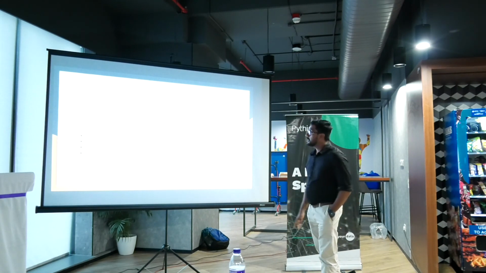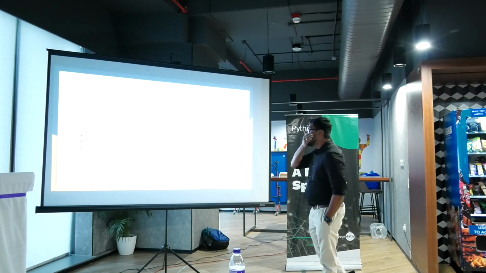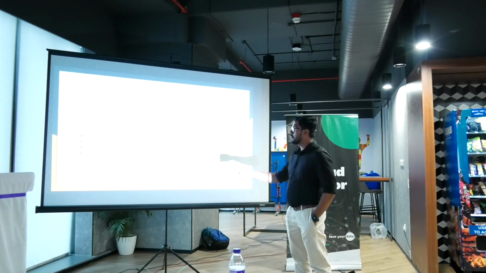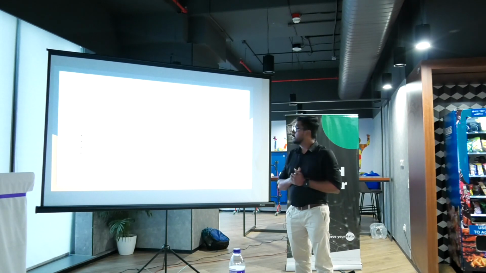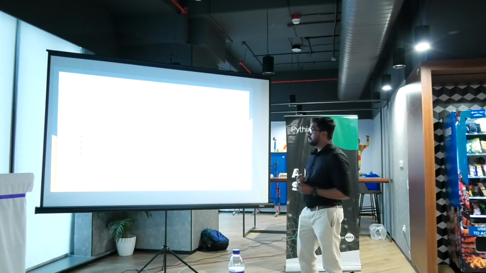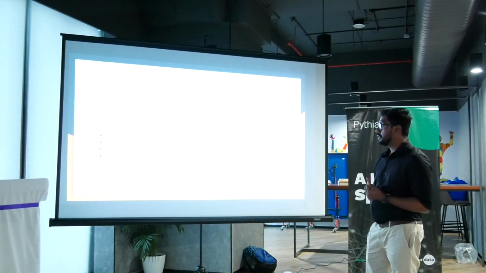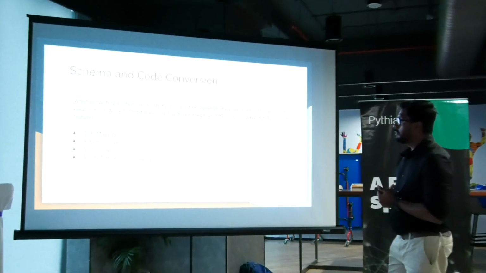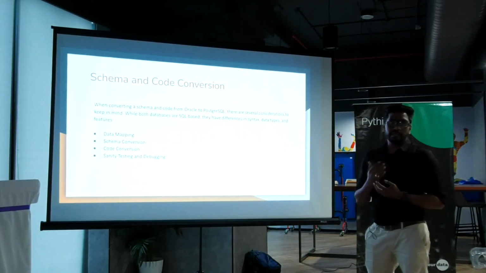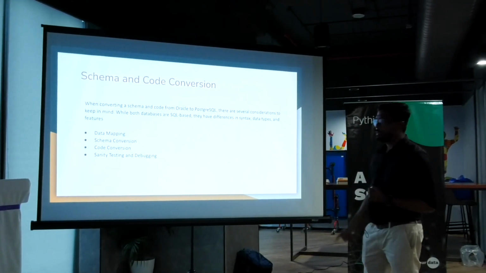As per the time, we try to discuss more about the schema and code conversion today, right? So when working with the schema and code conversion, generally we take care of four major things. The first one will be the data type mapping, then the schema conversion, then we'll work on the code conversion and the sanity testing. Okay. So the data type mapping is one of the important steps we need to take care of while working on the database migration. Otherwise we're going to face so many challenges. We'll discuss more about this data type mapping in the upcoming slides.